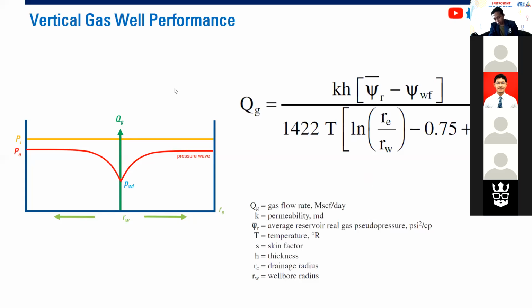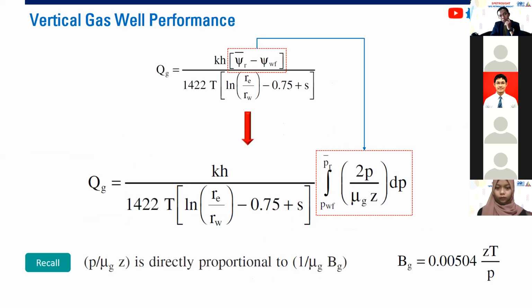So the flow rate of gas is proportional to permeability and thickness, and then the pseudo pressure, divided by temperature, logarithmic natural of RE by RW, minus a constant, plus skin value. You know this already. So this is actually the equation after we reach pseudo steady state flow. But we're not yet completed. You can see here, the pseudo pressure is not constant, it's changing,